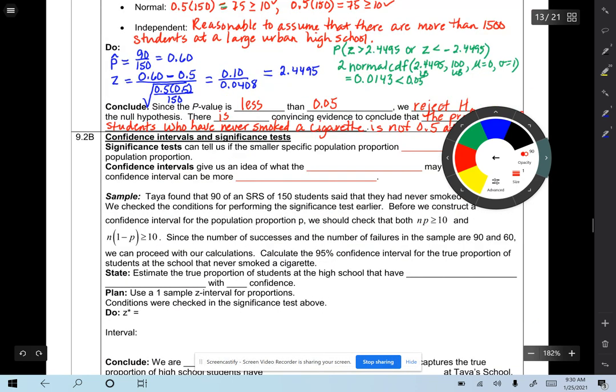Right. The next little portion is about confidence intervals and significance tests. Significance tests can tell us if the smaller specific population proportion differs